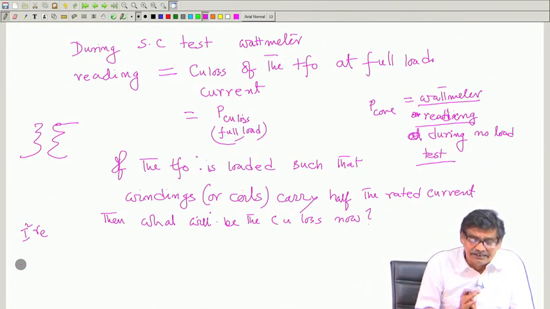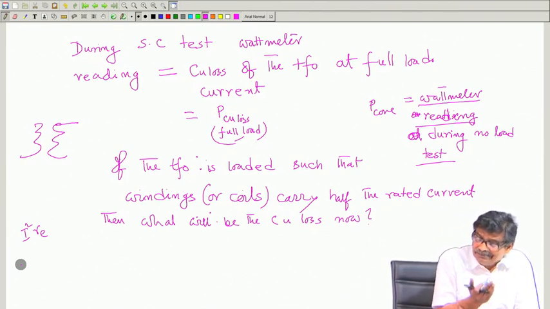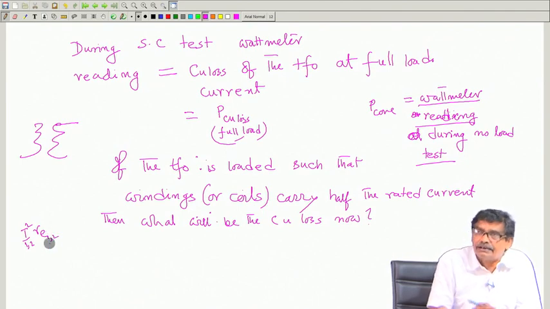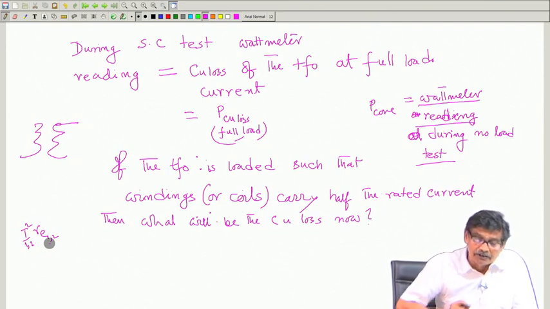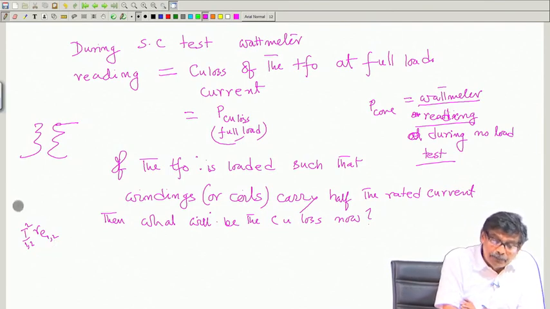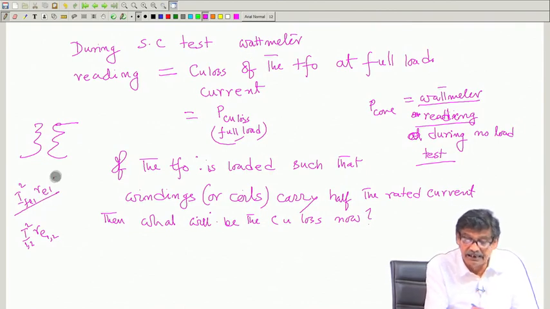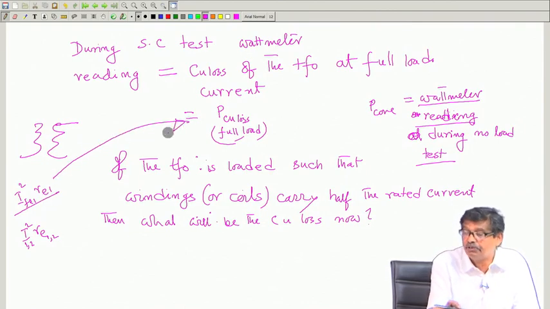See, beauty is this, that from the equivalent circuit, when it is either 1 or 2, take the corresponding values. This is the copper loss. So, at full load, the copper loss is I full load squared, suppose on one side you are calculating R e 1, this will be the total copper loss, and this I have defined, which I get from short circuit test.